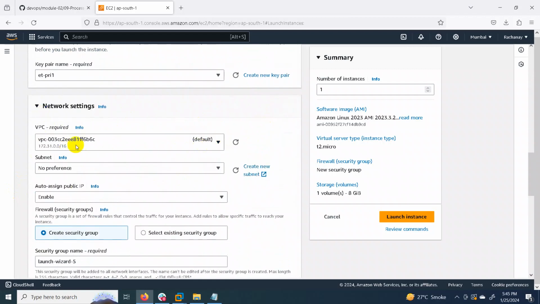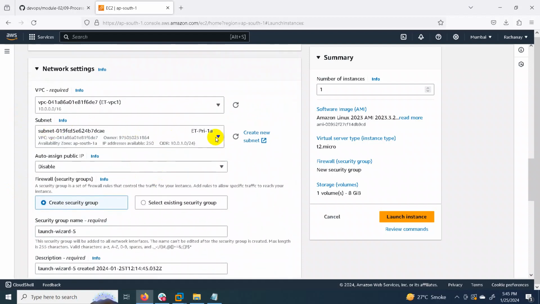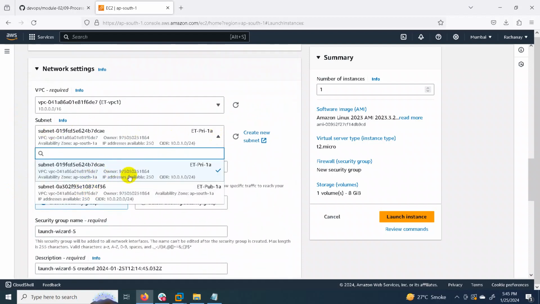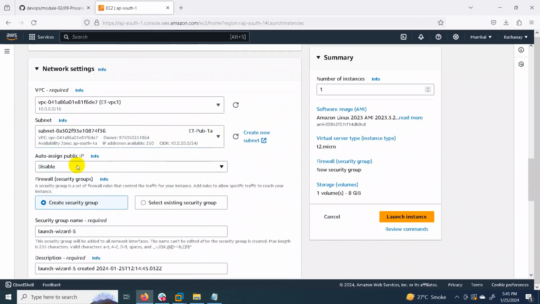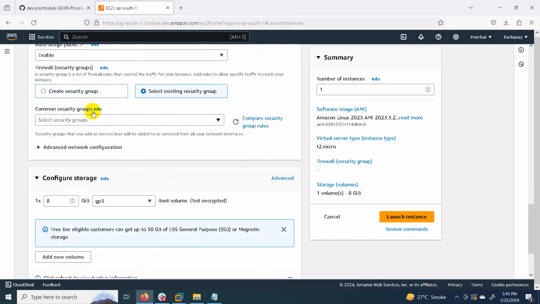Network setting, VPC, I have to select the new VPC, and subnet is public. I want to select public here that is already created. Security group is an existing security group.